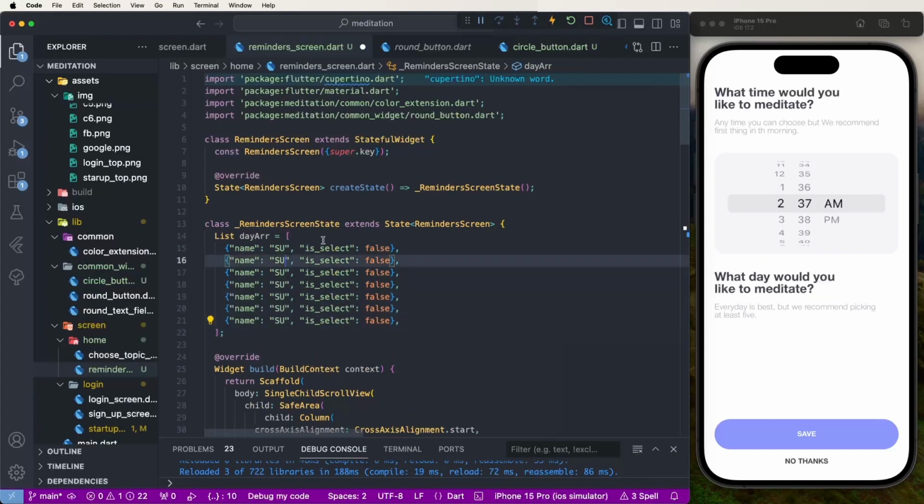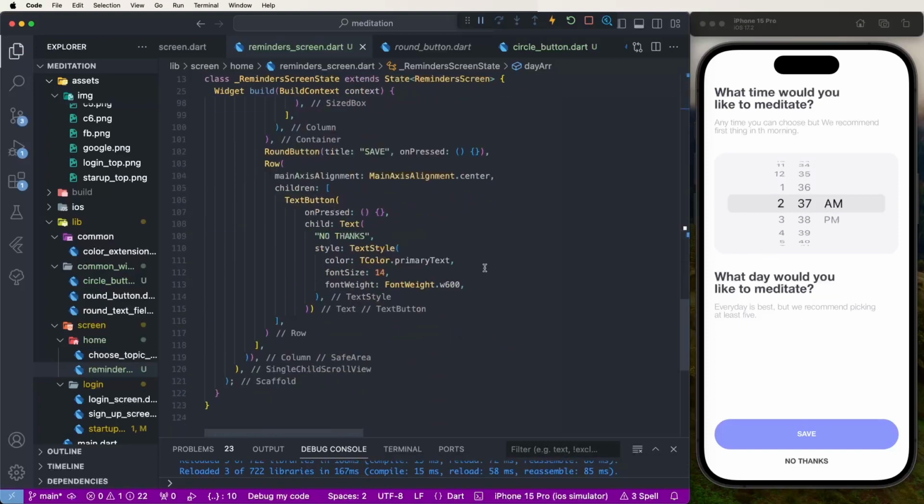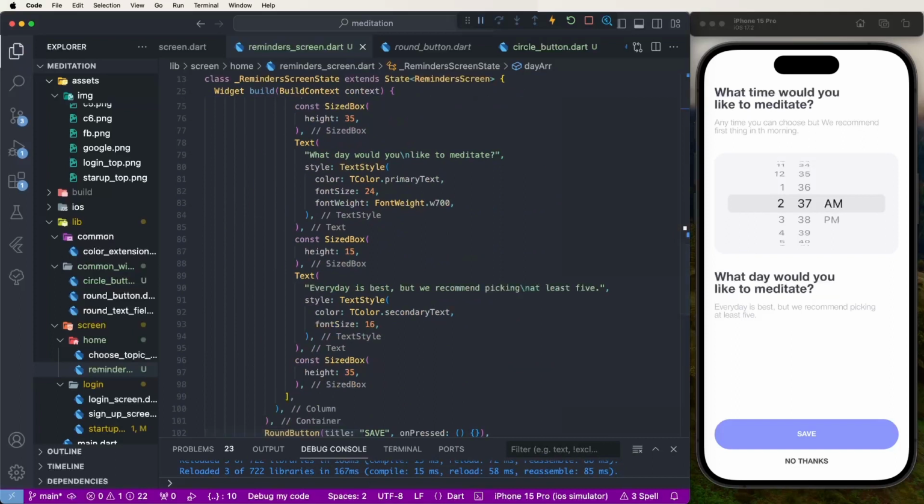Now we need to change the names one by one. First one is Monday, Tuesday, Wednesday, Thursday, Friday, and Saturday like this. You need to set the day array here and save this. Now we need to create the list, we need to develop here